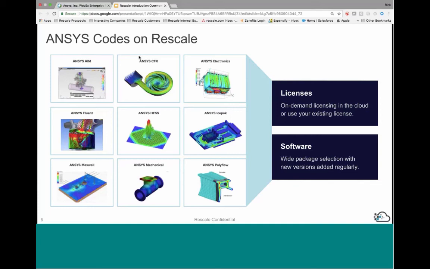And what we're seeing is typically customers that are reaching the limits of their on-prem workstations or workgroup clusters, or even in some cases where their large on-prem corporate clusters just are not available. They're not available due to other work, long queuing times, big problems to solve, or sometimes licensing constraints. That's where Rescale comes into play.